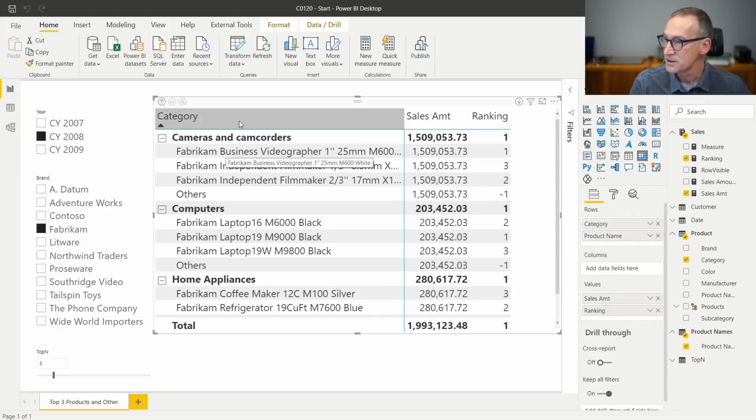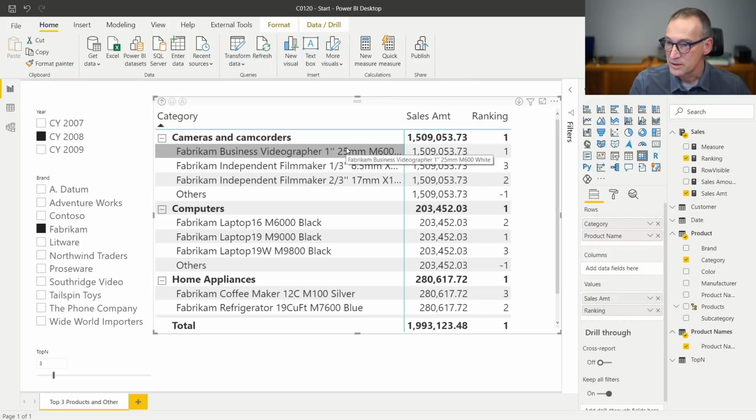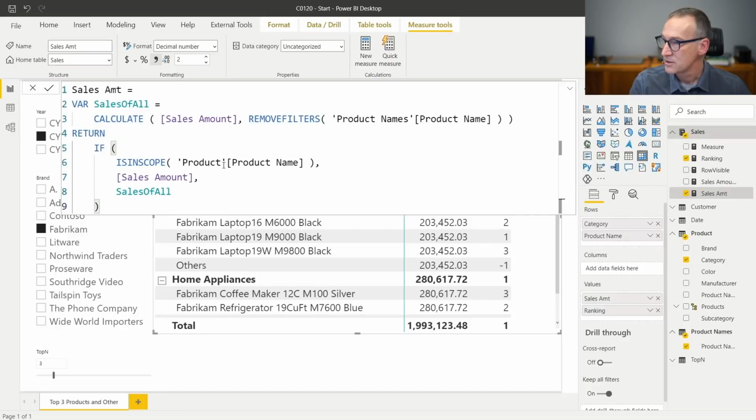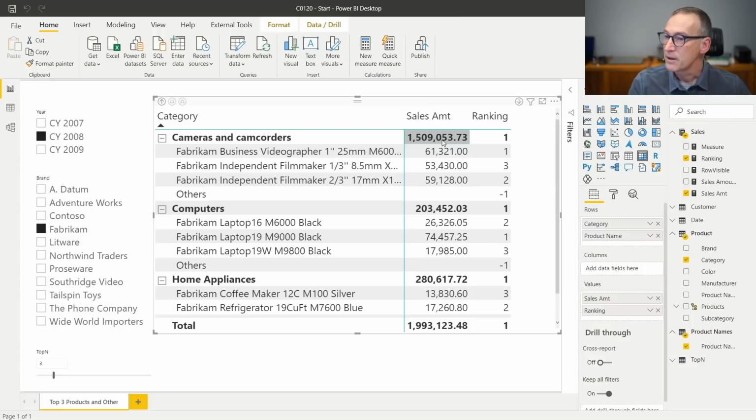It is not. Why not? Here I have the product name. Let me see sales amount. Oh, here I should use product names, product name. Okay. Now I have the grand total here. I have individual values here, which is what I want. I need to change this number. When others is selected, I need to compute the grand total, which I already computed, minus the sum of these three values, which are the top n computed, which are the sales of the top n.